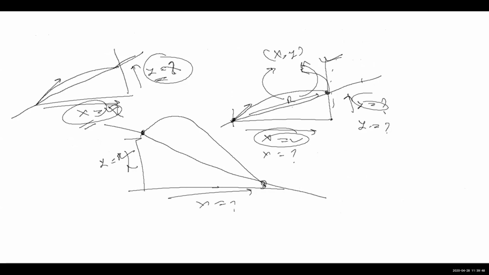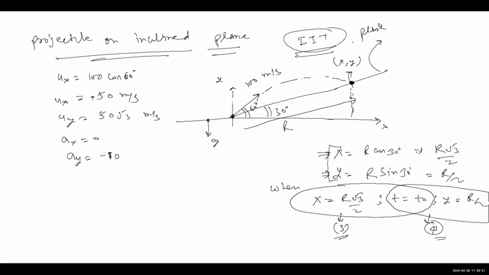So, in this question, we need to calculate R. The particle will collide somewhere here. This point's height with respect to this horizontal I am defining as y, and this point as x. I'll define y and x both in terms of R, which I did here. X comes out to be R cos 30, this angle is 30, which becomes R root 3 by 2, and y becomes R sin 30, which becomes R by 2.